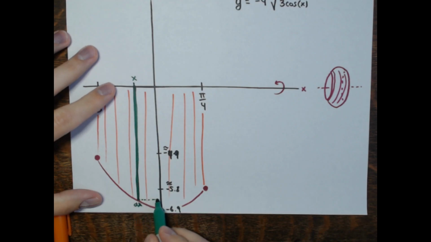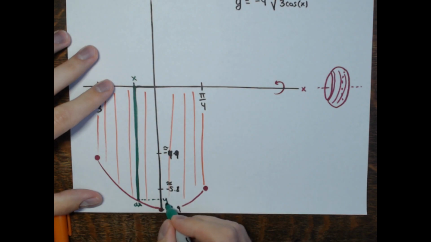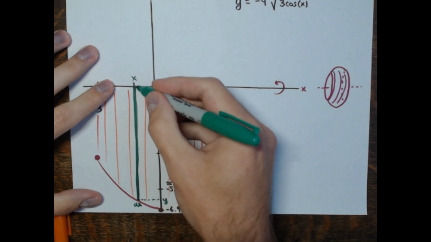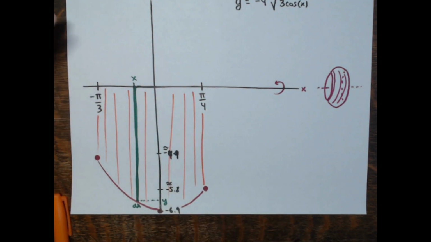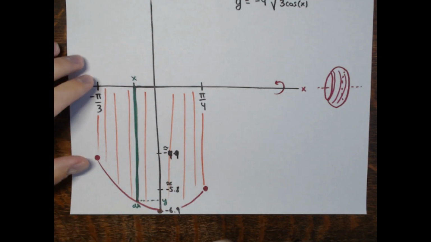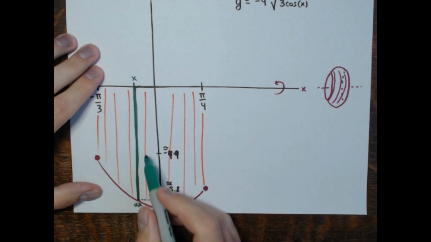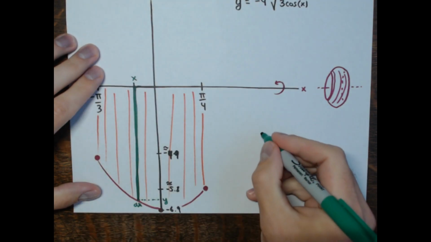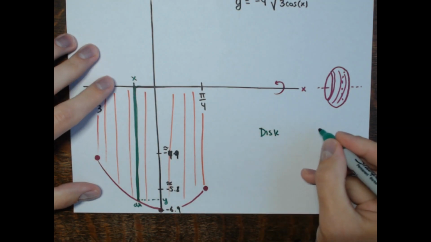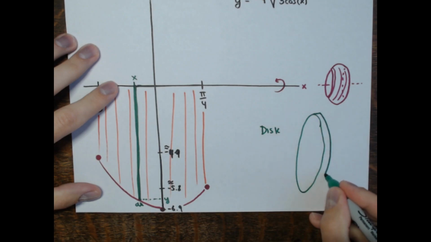And the length of it will be the opposite of this y coordinate. Right, because if I go from 0 down here, that's a negative y coordinate. So the length of this is the opposite of the y coordinate, and that's going to be the radius of the disk, right? When I take this thin rectangle and rotate it around the x-axis, sweep it around the x-axis, we create a disk. Some little thin disk,